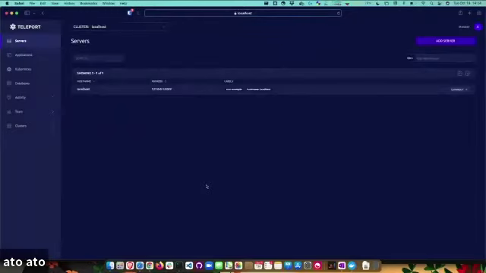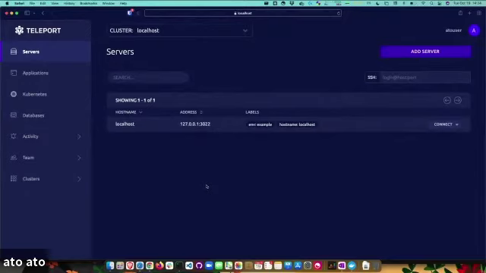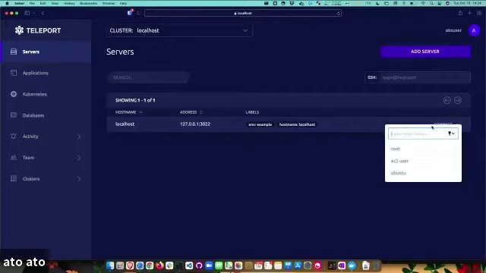Now I'm in. I'm logged in to Teleport as a user, and let's zoom in here a little bit so we can see better. There we go. Now I'm in the dashboard. So what can I do now that I'm authenticated within Teleport? Well, I can now access different resources that I have. Since Teleport's running as a Docker container, I can actually SSH into this container.